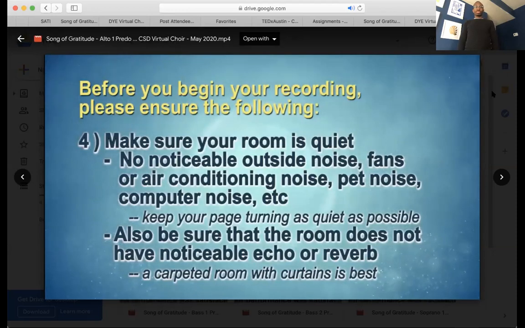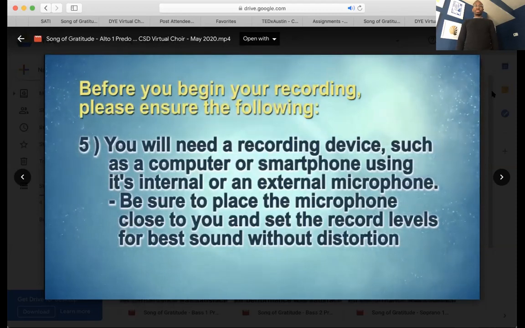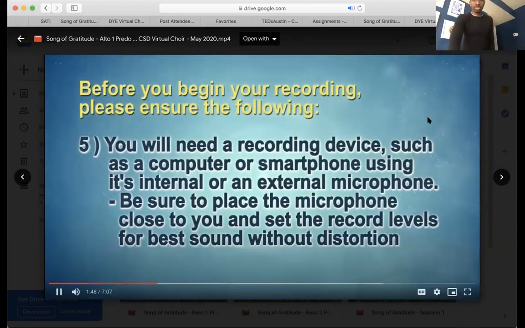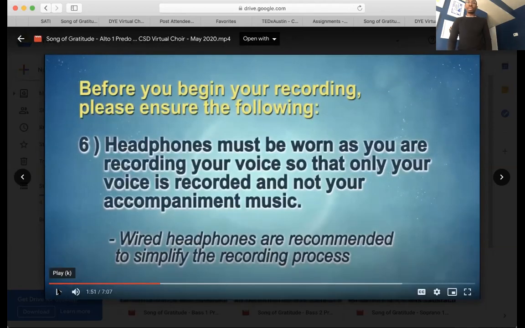Also be sure that the room does not have any noticeable echo or reverb. You will need a recording device, such as a computer or smartphone, using its internal or an externally plugged microphone. Be sure to place the microphone as close to you as possible and set the record levels for the best sound without clipping. Headphones must be worn as